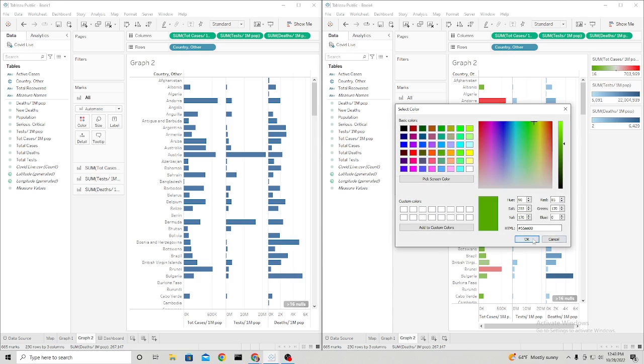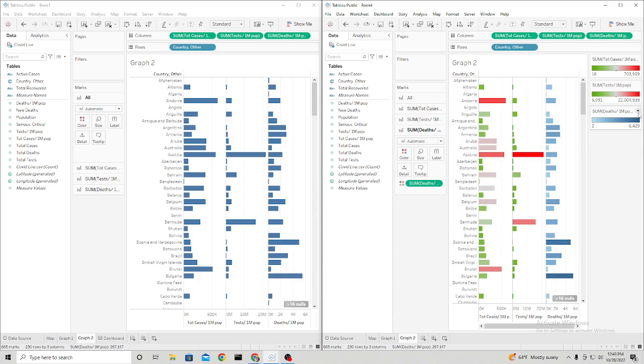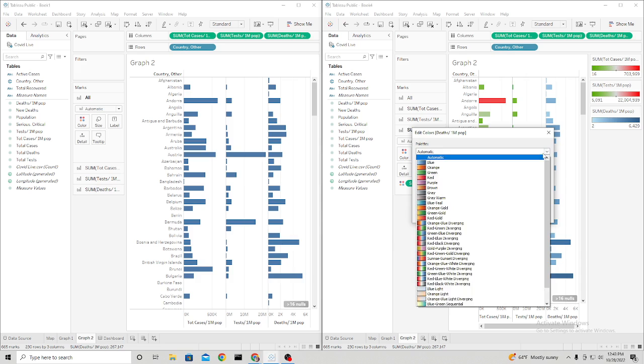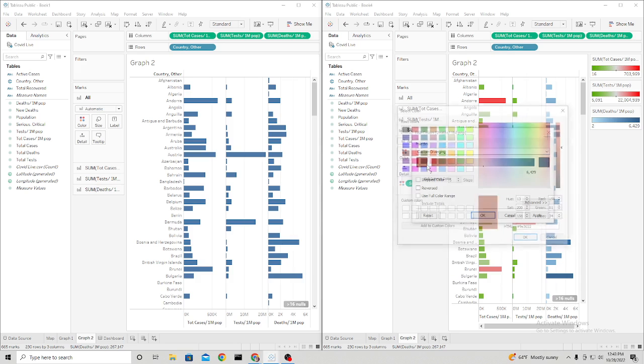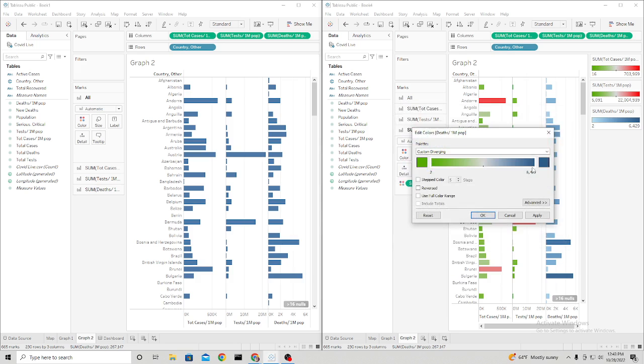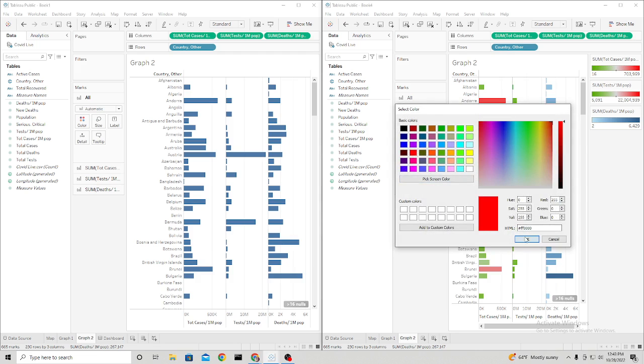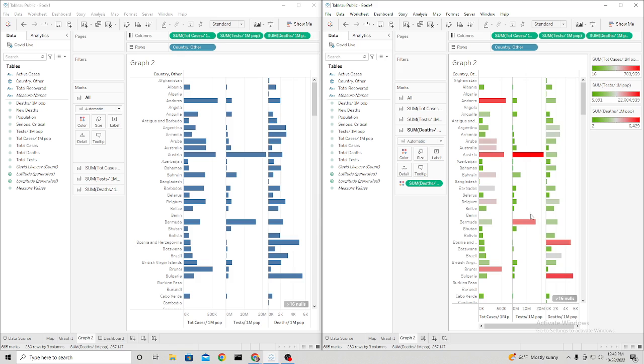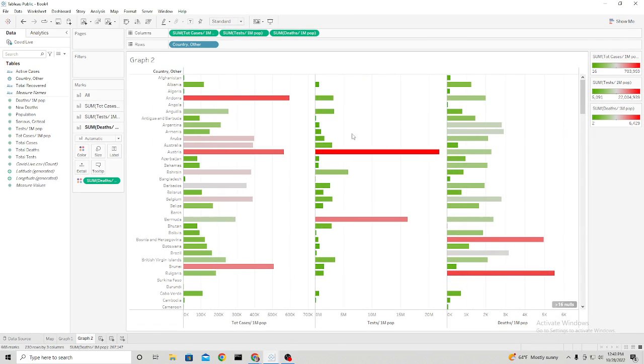Green, and then red. Okay, and then do it a third and final time. God, this is boring. Green and red. Okay. So now we've got this color-coded graph indicating, essentially,